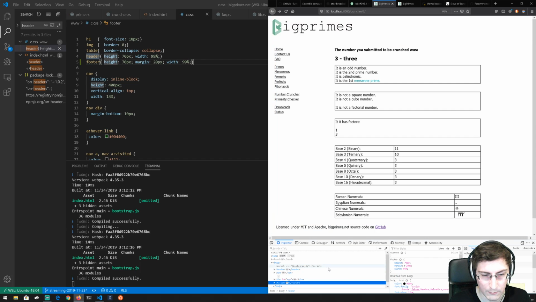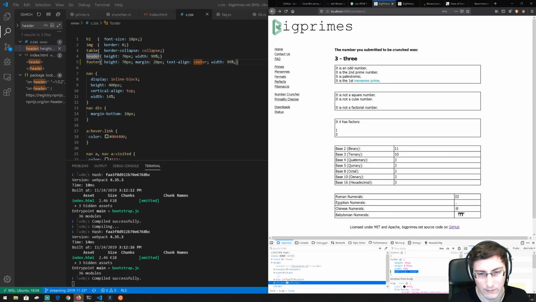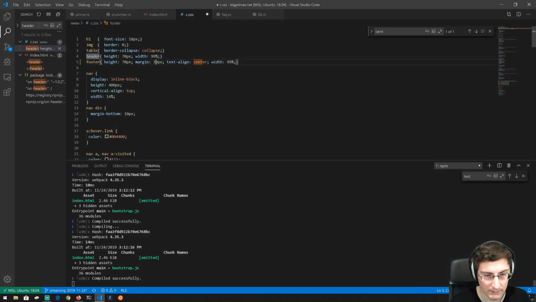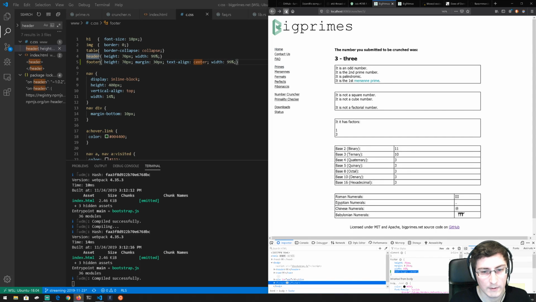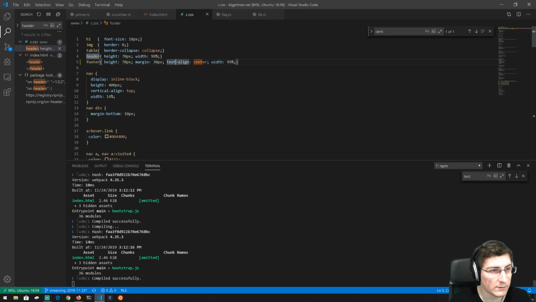Let's play with this in the browser first. Text align center. All right, I mean, that seems to work. Align center. Are we happy with this margin of 20 pixels? I think 30 pixels might be better. Refresh this. And then I wonder if it should just be margin top. Then we don't have any